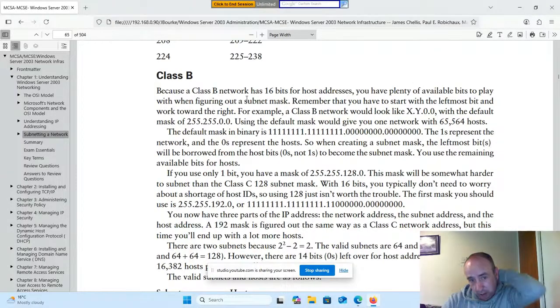Because a Class B network has 16 bits for host addresses, you have plenty of available bits to play with when figuring out a subnet mask. Remember that you have to start with the leftmost bit and work toward the right. For example, a Class B network would look like